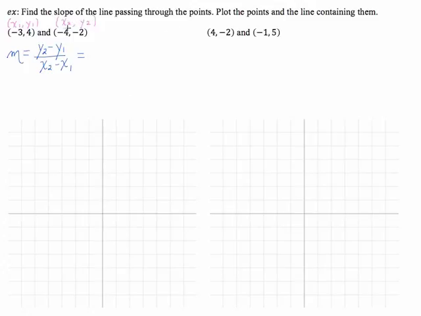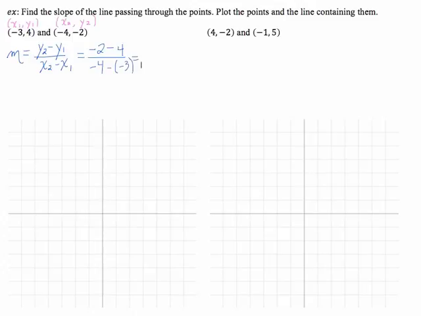So when I go to compute slope, my y2 is -2, so -2 minus y1, or 4, all over x2, which is -4, minus x1, which is